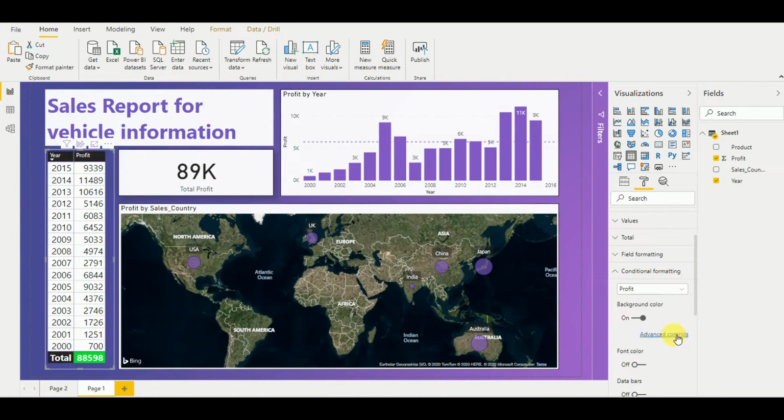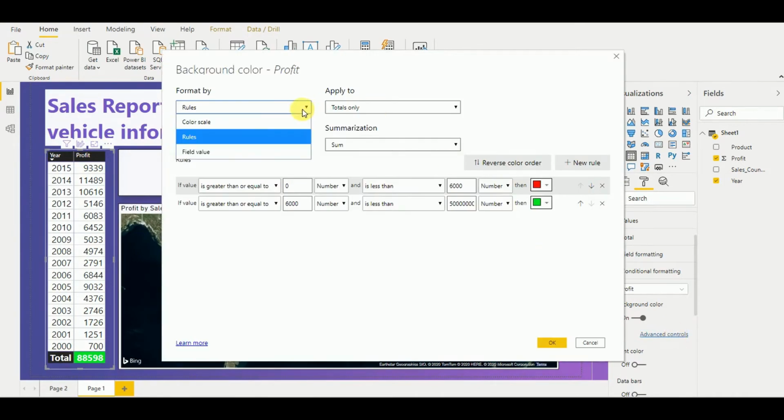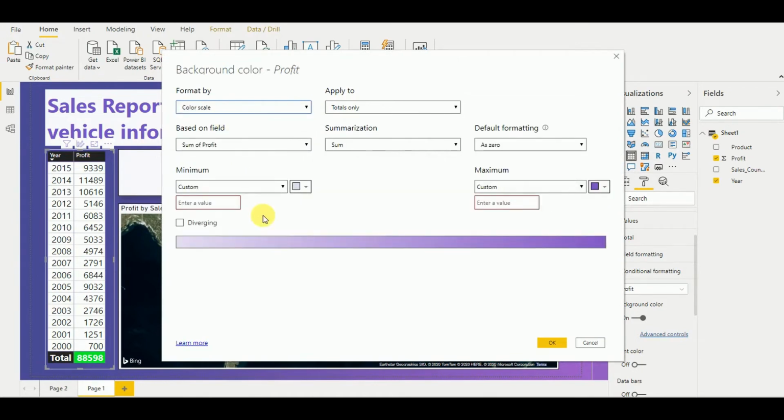Method number 2 is, again, go to advanced control and select color scale here. All the required fields are taken here, based on the sum of profit, with summarization applied to values, and default formatting, so everything was taken as default. If it's not there, you have to add those.